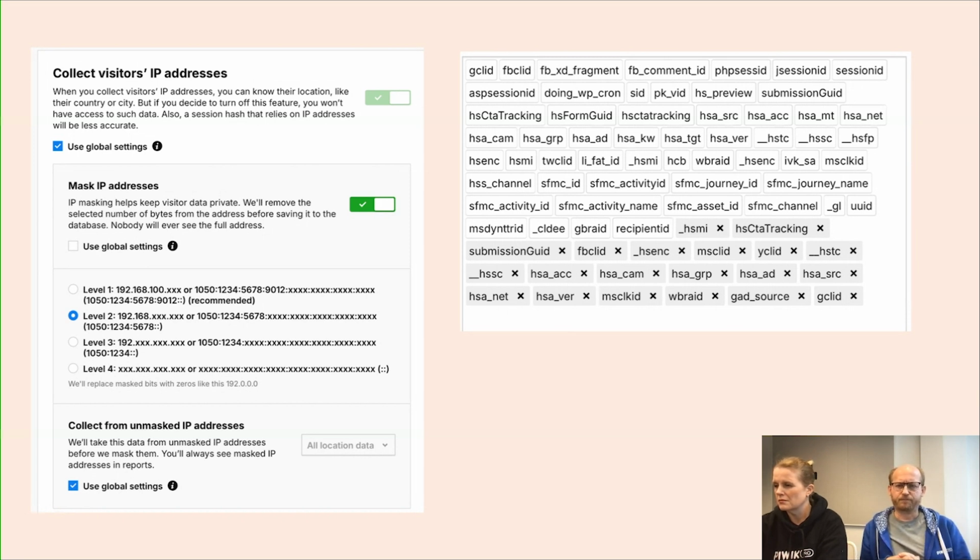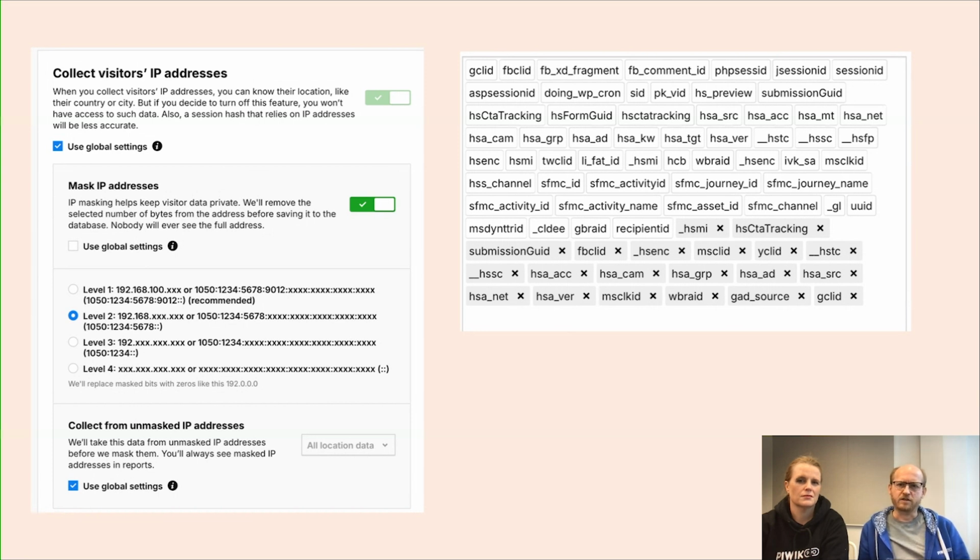And finally, here is an example of our own exclusion of URL parameters. This screenshot is actually from our own website, not from any client website. Here you see that we have tried to exclude every possible identifier that can be found in the URL or page path reports.